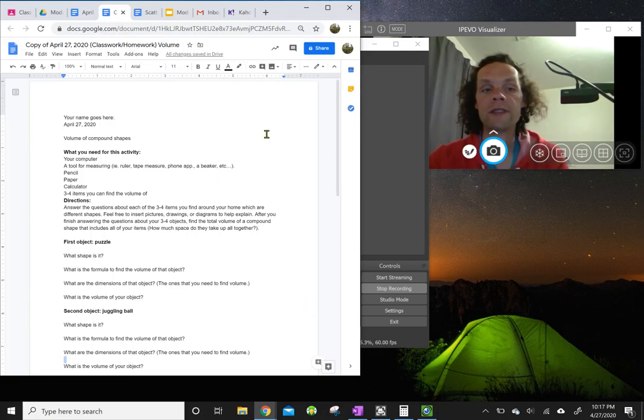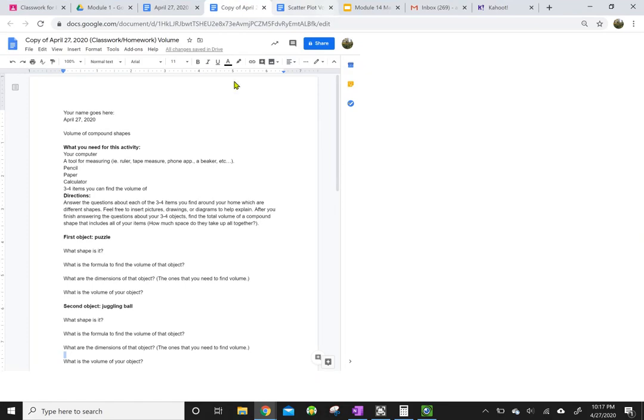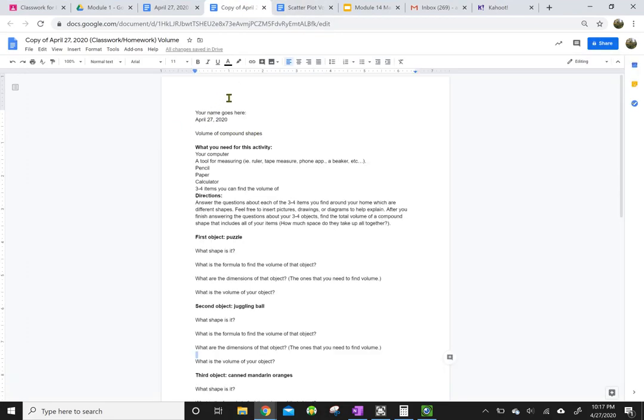Okay, so on the left side of your screen right now, you see the Google document that was in your assignment, and you open this thing up, and here's what you're going to do. It says your name goes here right at the top. You just highlight that, and you put your name in place. It's got today's date, it says the volume of compound shapes, and it tells you what you need for this